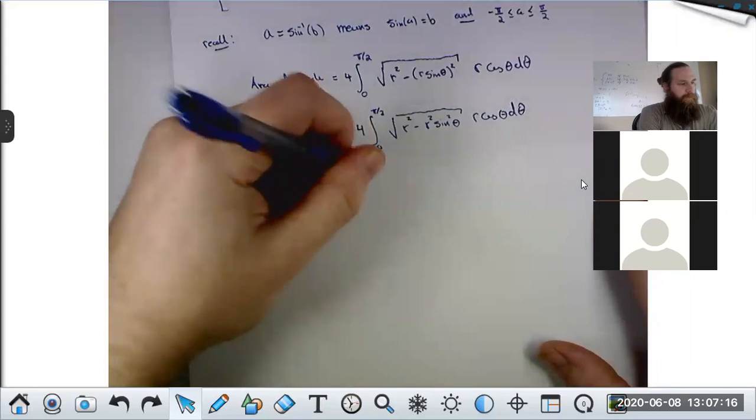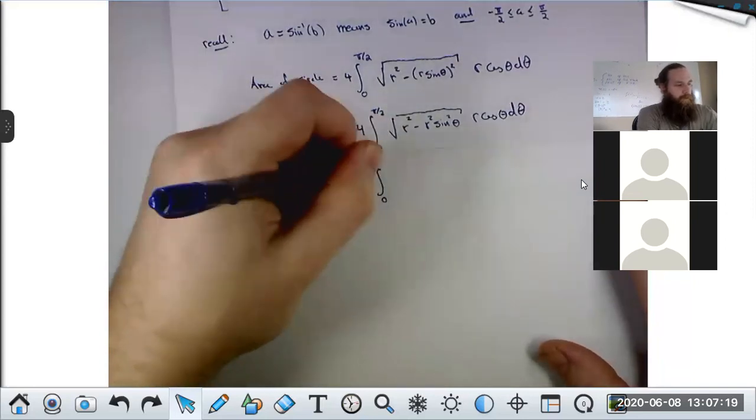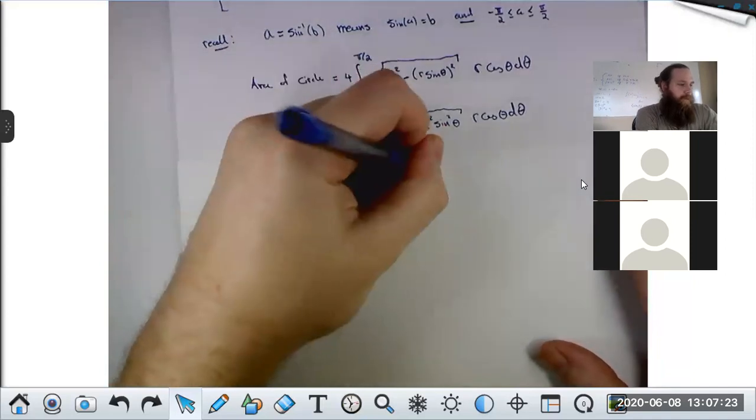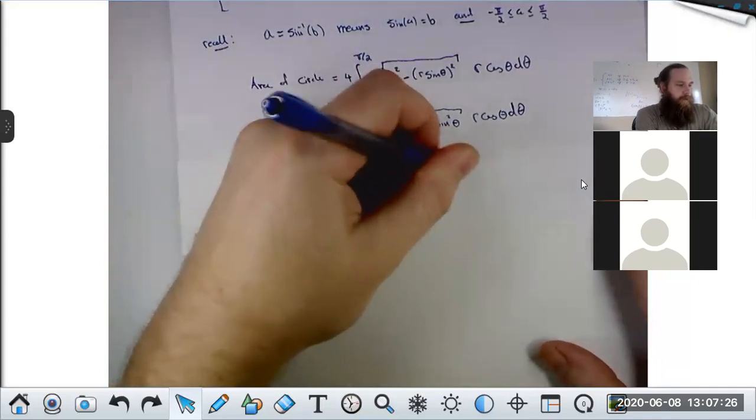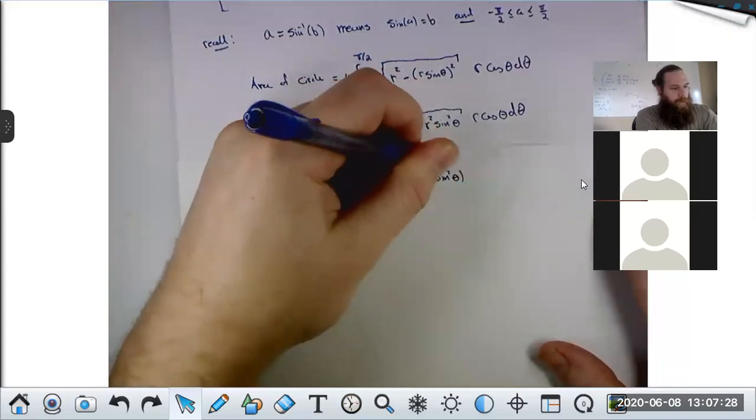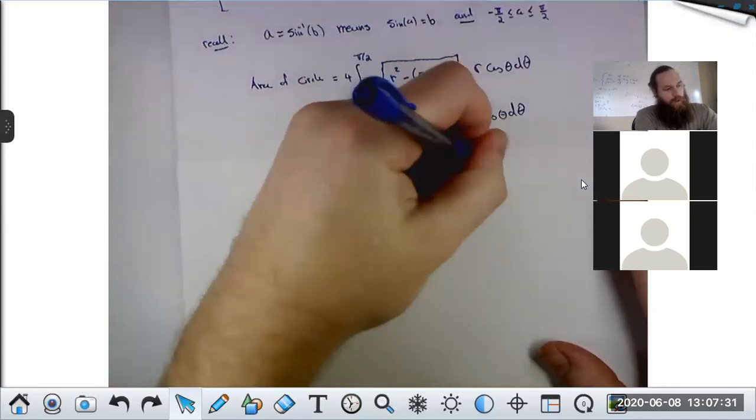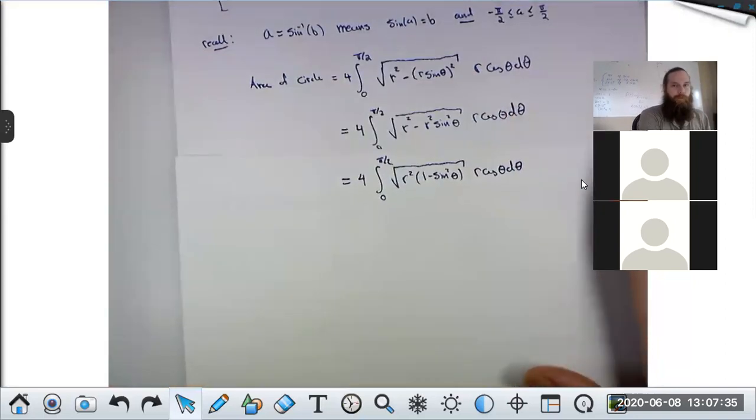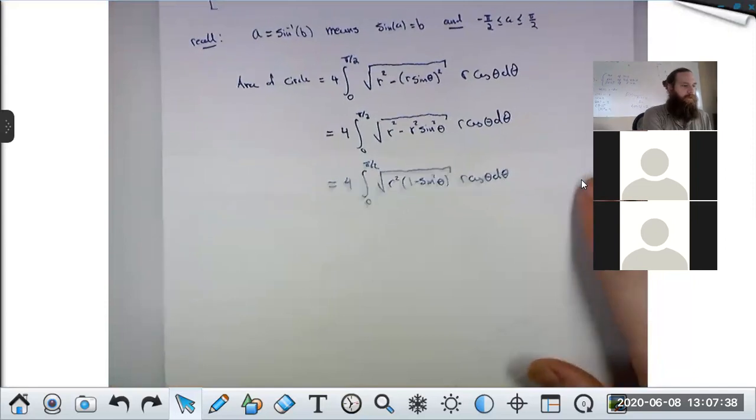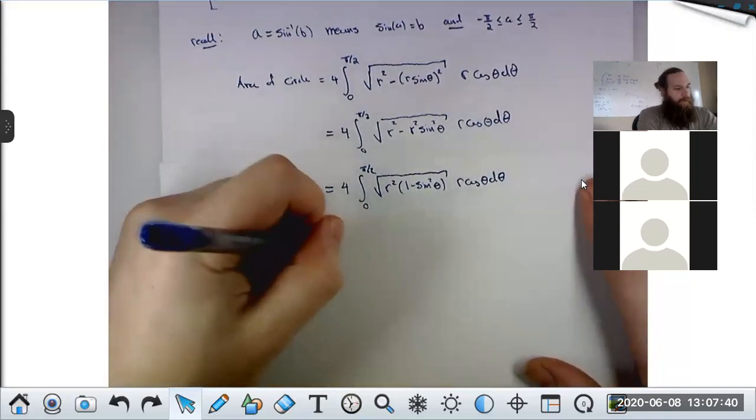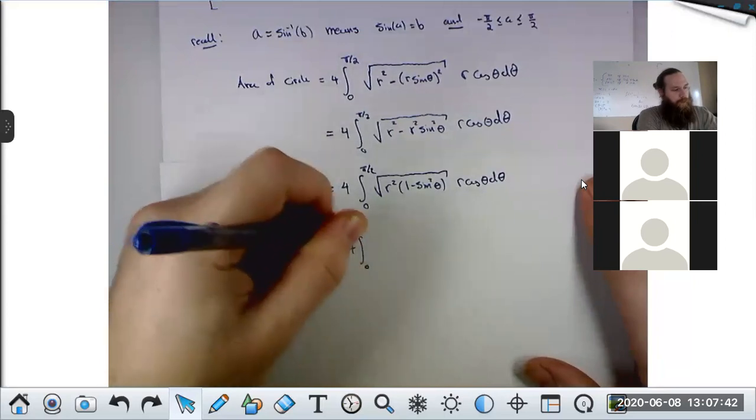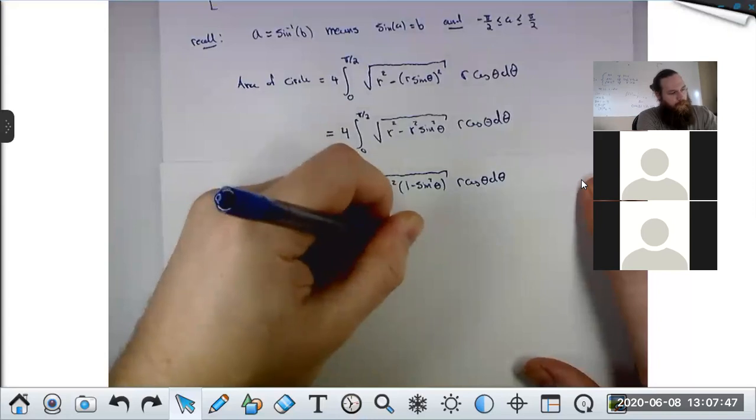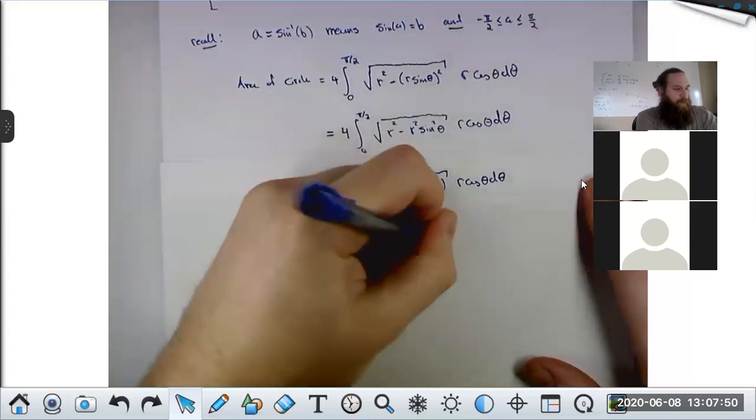I'm going to simplify under the square root. I have 0 to pi over 2. Factor in r squared, and what's left is 1 minus sine squared under the square root. And then r cos theta d theta still chilling. Finally, that's 4 integral 0 to pi over 2 square root of r squared cos squared theta times r cos